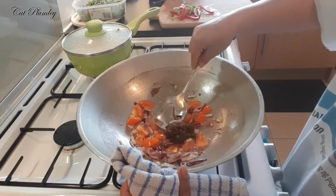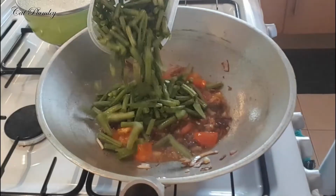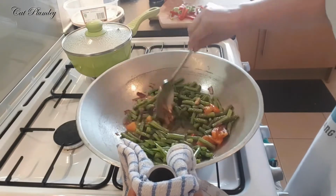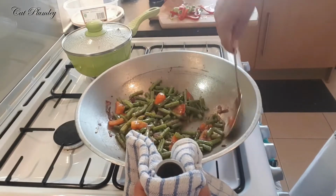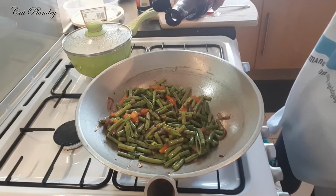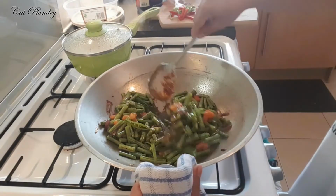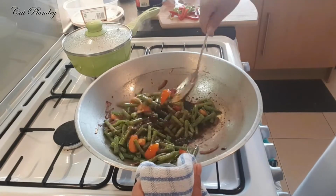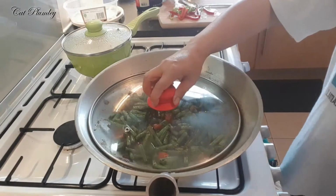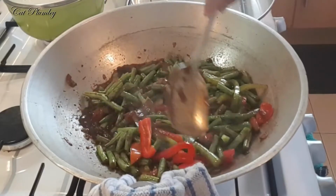There was just loads of chili garlic in that chili oil, so I just put about 2 tablespoons until it was pretty hot. And then I put the beans, and then light soy sauce, dark soy sauce, Shaoxing rice wine, and just a bit more chili. It's got really spicy, and I thought, since I'm on my own, I added some green peppers and red peppers too,